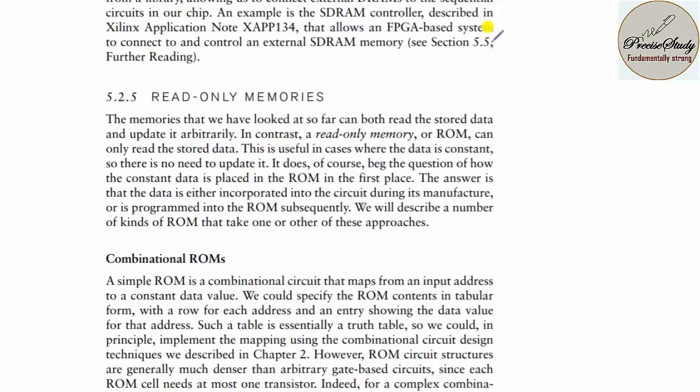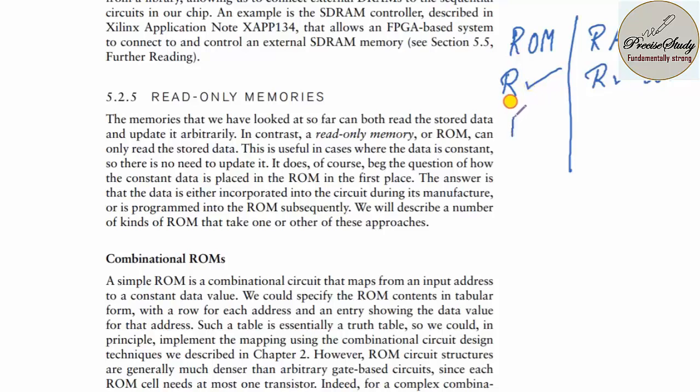Next, let us talk about read-only memory and RAM. In the case of ROM, you can perform only read operation, but in the case of RAM, you can perform both read operation as well as write operation. ROM is a non-volatile memory, nothing but whenever there is a power failure, you are not going to lose the information. But in the case of RAM, you are going to lose the information. The boot up code will be stored in ROM. All the temporary data will be stored in RAM. So these things are very important. Which data will be stored in RAM and which data will be stored in ROM, you should know.